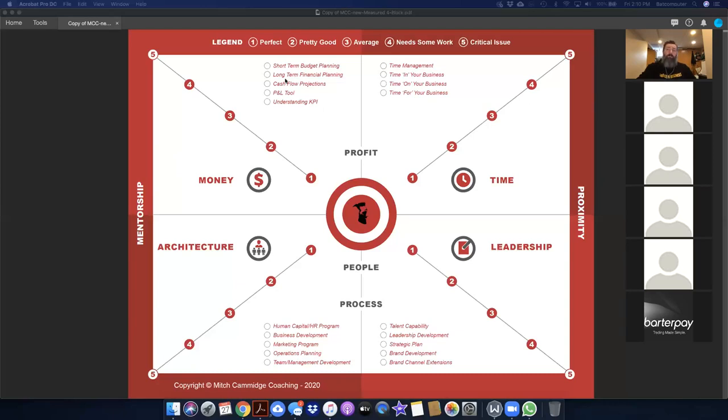Regardless of size or scale of business, first of all, you have to have some sense of short-term budgeting. What is happening through the next 30, 60, 90 days for your business? Long-term financial plan. What has happened previously if you have history for the business financially? And what is going to happen over the next 12 months? What are my expectations? What are going to be the ebbs and flows? What are going to be my busier periods, my quieter periods? And what expectations and planning can I do around the finances of the business when it comes to the next 12 months for my business?